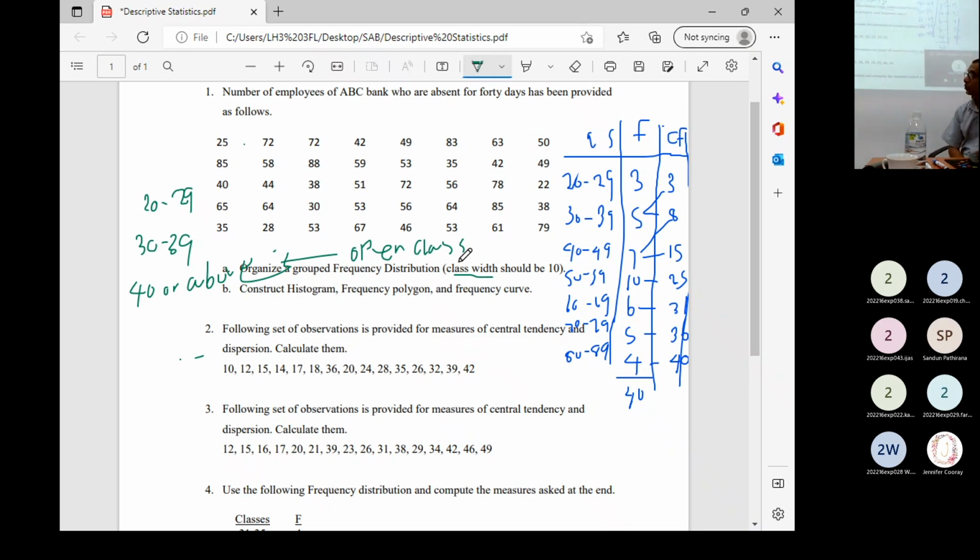Okay, these are the things you need to understand in data organizing: real limits, mid value, open class, class width. These terms you need to understand. Then it will be very easy for the calculations. That is the end point. That is the second part we have done. Introduction finished, collection of data. Then second, we finished organization of data. Third one, data presentation. Presentation I will start next week. Okay, right. Now we can finish.